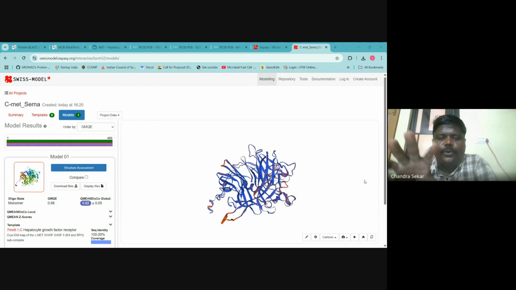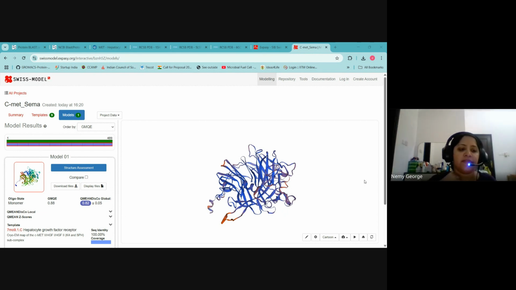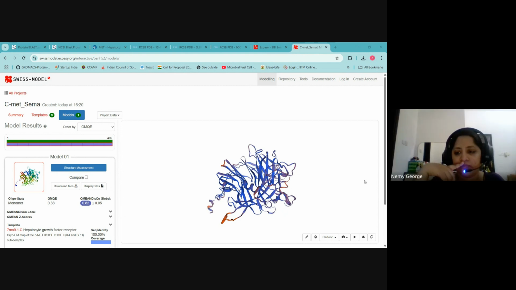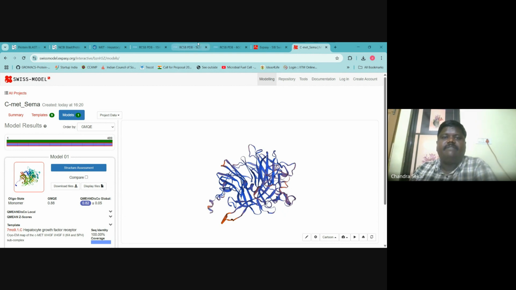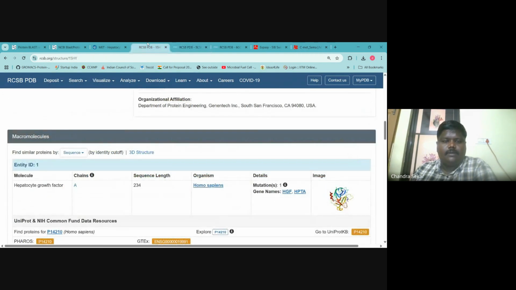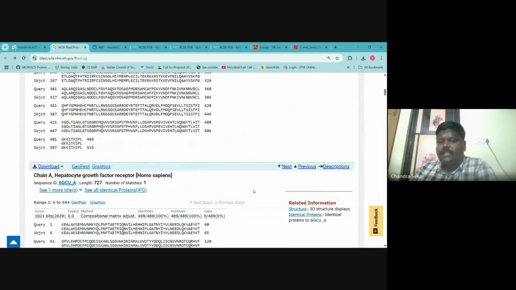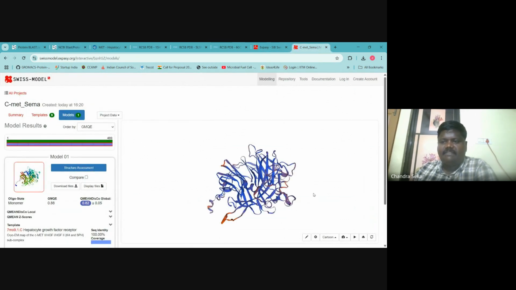Is this completely new for you, or have you heard of it before? Yes, I have heard about Swiss Model, sir. I know the same procedure, but behind it, they are doing a BLAST actually. This is the way we find the user defined sequences. Classically, we have to go for a BLAST, take that alignment and go step by step. But I want to make it simple and effective. This is a simple and effective way.